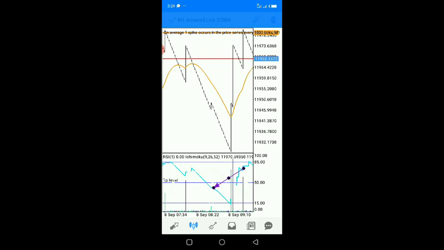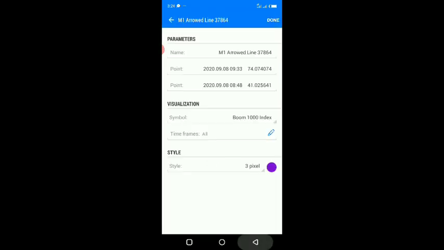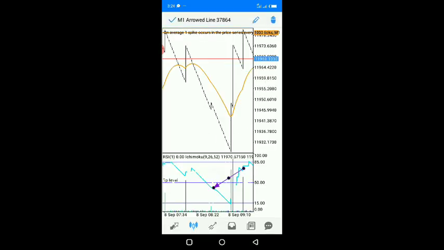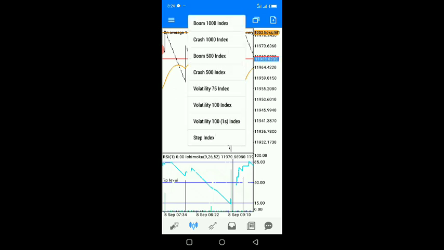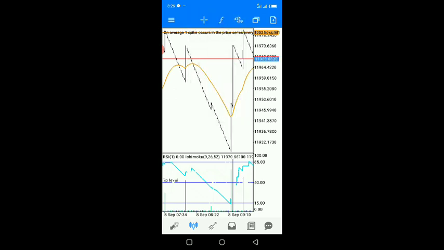So that is it. The same thing applies to Boom 500. This is Boom 1000. And if you actually want to use it to catch a spike on Crash 500,